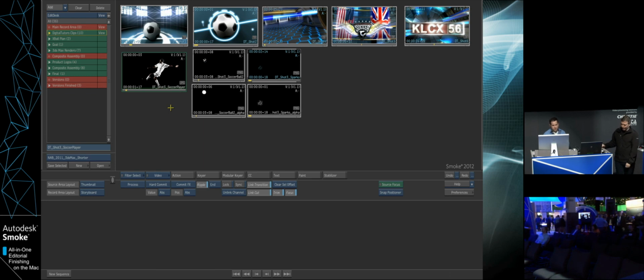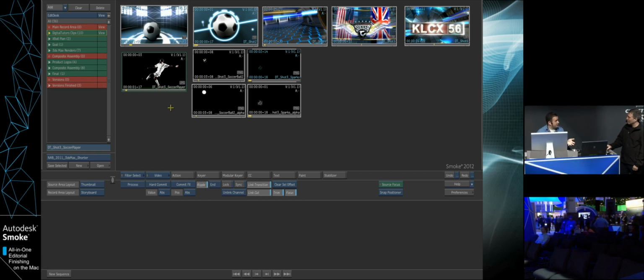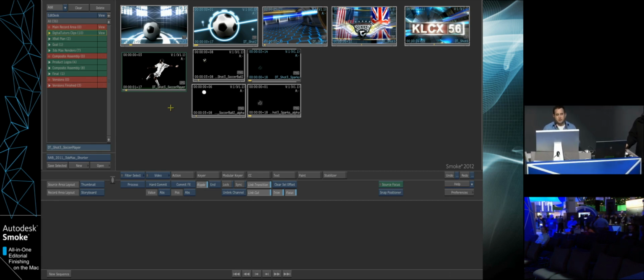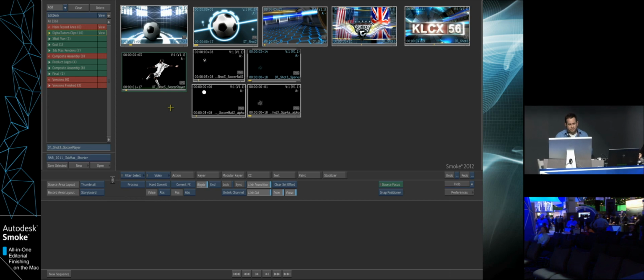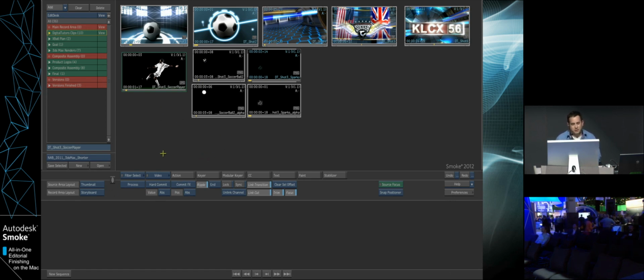Good. So the first thing I wanted to do was take a step back and take a first look at Smoke. Since I was exposed to Smoke for the first time in the last 3 weeks, I wanted to give an introduction to the UI and what I found immediately interesting in the product. I've got a project from Digital Tutor, and if you visit the Autodesk website,